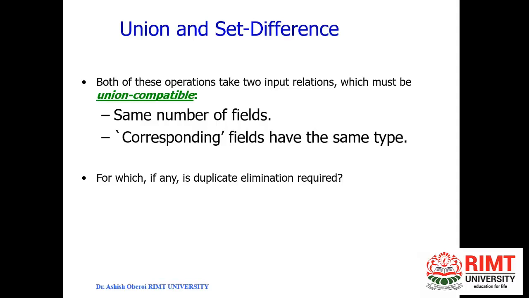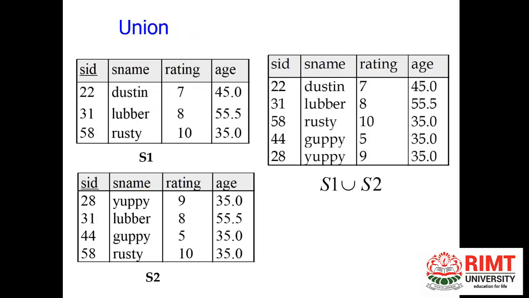Clear? So this one, if you say union, yes, S1 union S2. So time is ticking, just be fast. S1 union S2 means I want to combine these two relations S1 and S2. First of all, I will check whether these two relations are union compatible or not. Obviously, you can see that there are 4 columns, 4 fields. Yes. And then we check relation S2. There are again 4 fields. Clear? It means the number of fields is the same in both relations. Clear? Plus the data type is the same.